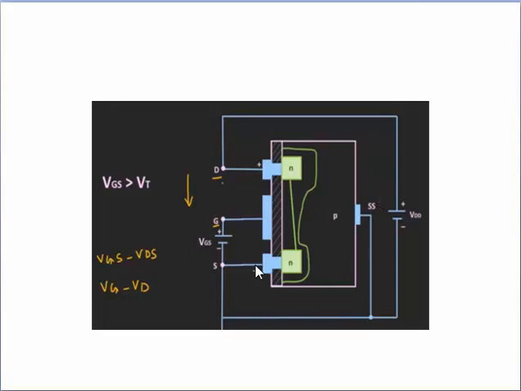On the other hand, the source terminal is connected to ground, so the voltage difference between gate and source will remain the same as it is. Due to that, the gate terminal towards the drain side will be less positive than the other side. Hence, this region will attract fewer electrons as compared to the other side. Due to this reason, the channel will get narrow.